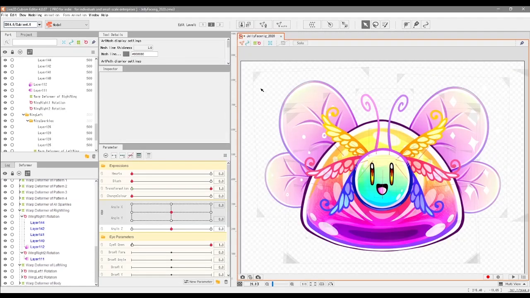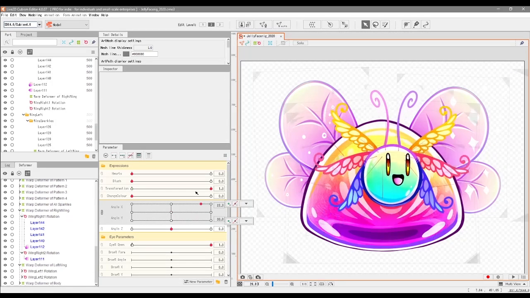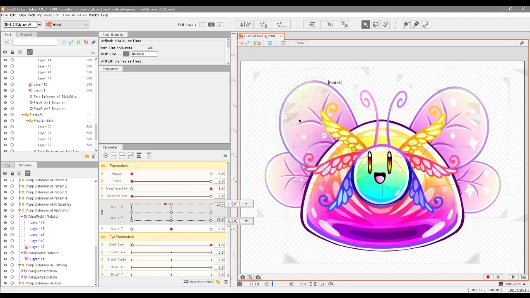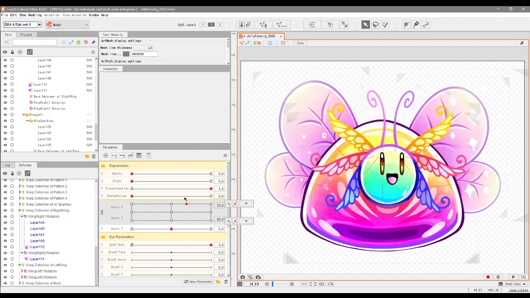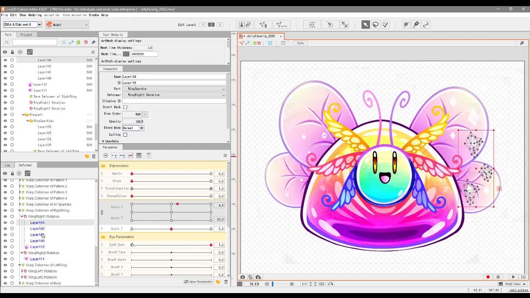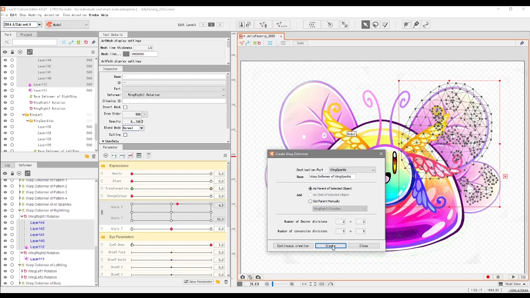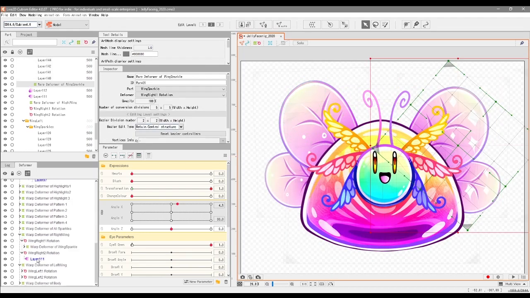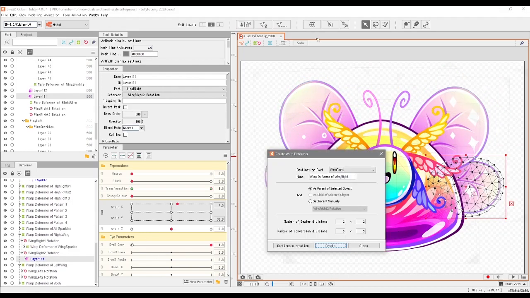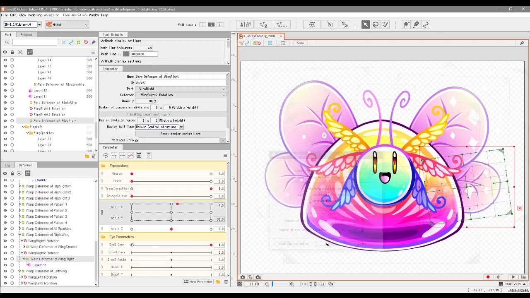Of course, if you're looking to create additional movement for the wings, let's say, because they're now not moving because we've given them rotations, we can go in and create additional deformers for these pieces. Highlight the one wing here on the right, create a deformer, call it whatever you want, and we can also do a deformer here as well. Again, call it whatever you want. If we were to highlight these deformers now,